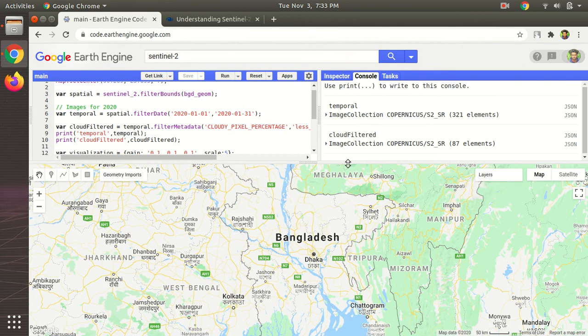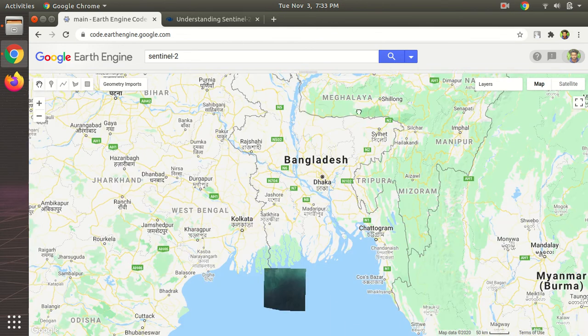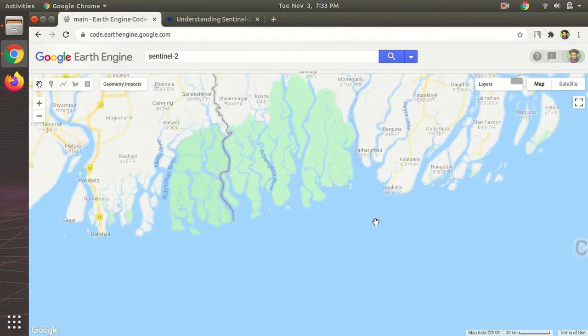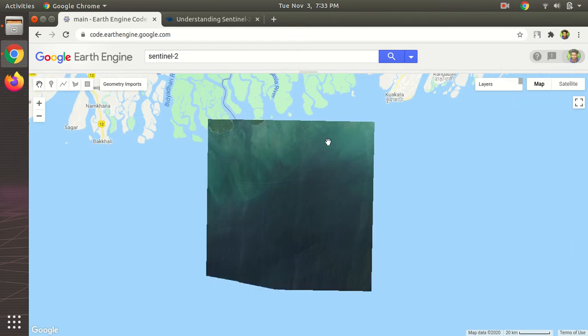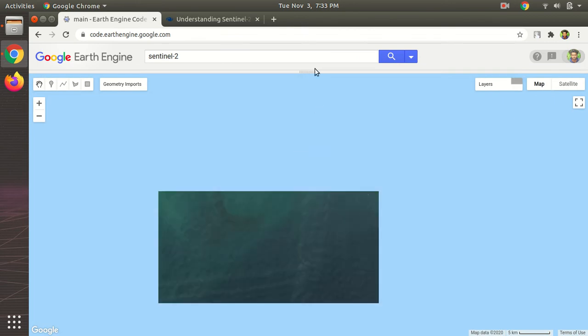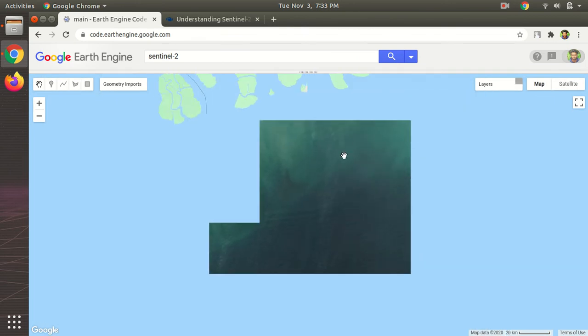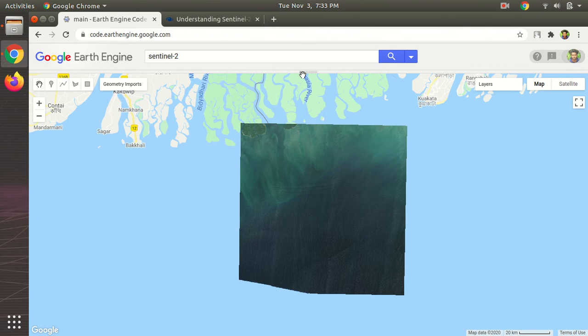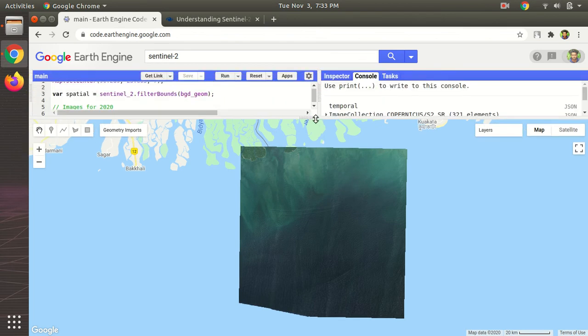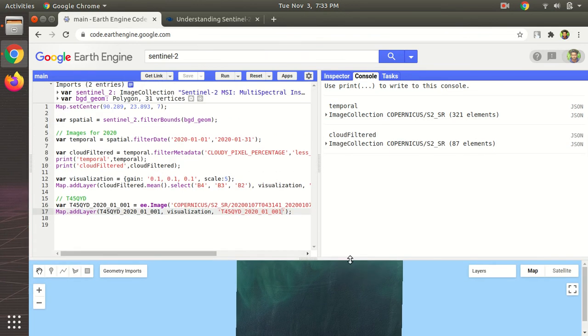So see, when we add this image, this is the image here, and different images have different issues that do not show up in the metadata. That is the problem. This might show up as less than 1% cloud percentage, but you might find other issues like problems with the sensor data or salt and pepper noise.